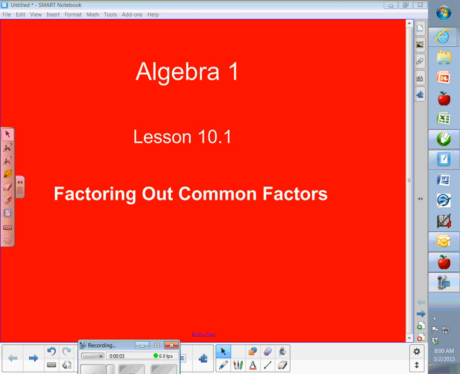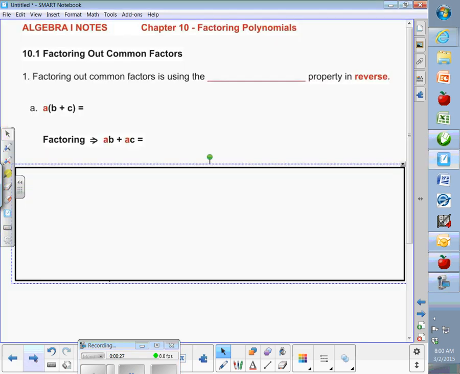All right, class, this is Algebra 1, Lesson 10.1, Factoring Out Common Factors. And as is often the case when you start a chapter, the first lesson is really an important lesson. And so here it is on video. You can come back to it and watch it a few times. Maybe halfway through the chapter, you're struggling a little bit with this key concept. Come back and take a look at the lesson. It is foundational to everything we're going to do, not only this chapter, but pretty much the rest of your